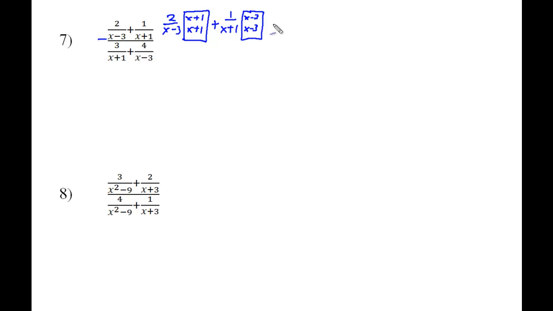Alright, so what we now have is a common denominator of x minus 3, x plus 1. I'm not going to FOIL this back together because you're going to see some simplification later, but we can do some distribution, which is going to be 2x plus 2, and do some distribution here, which is going to be just x minus 3, and simplify this together. So 2x and x make a total of 3x. 2 minus 3 is negative 1 over x minus 3